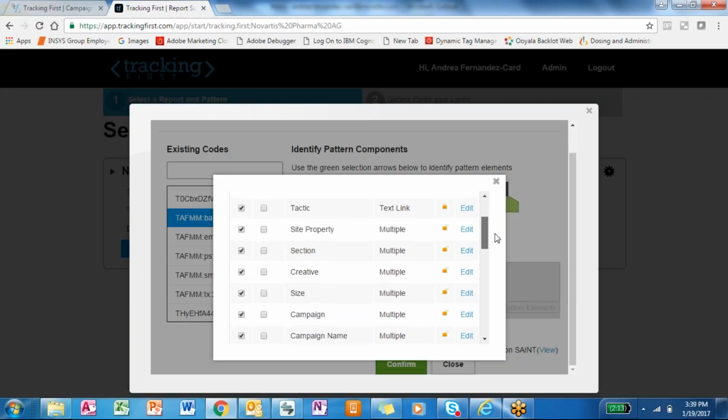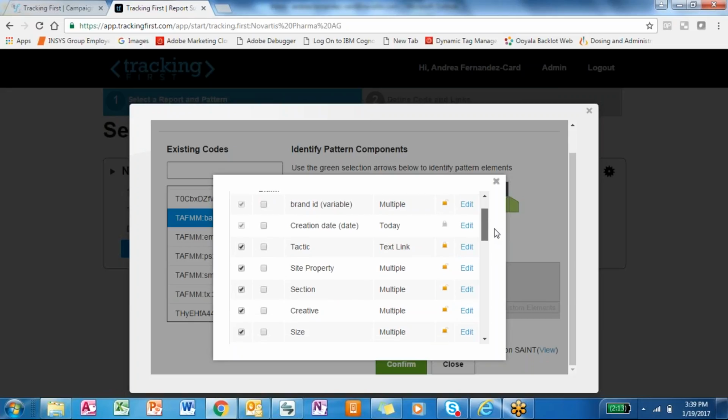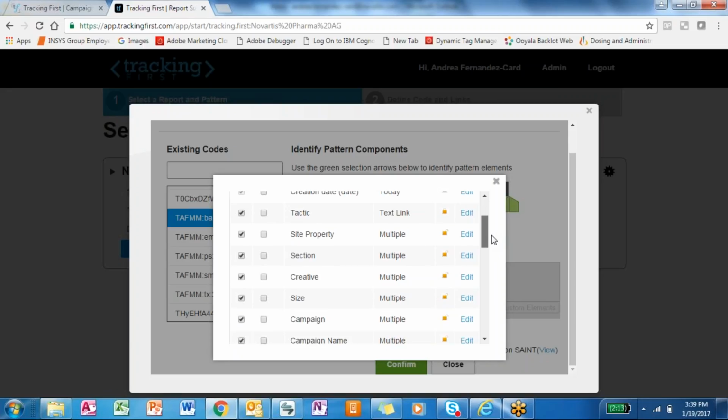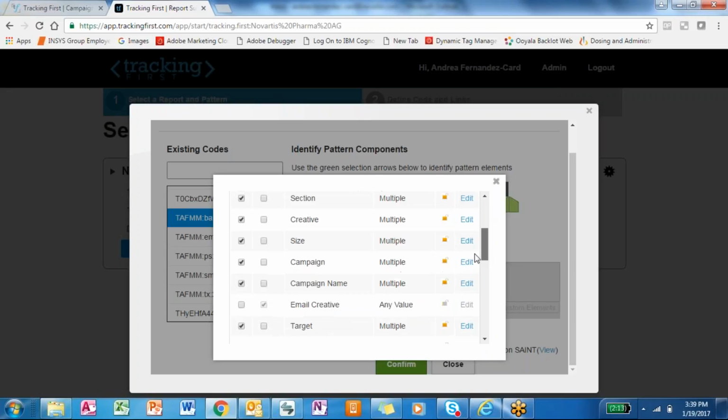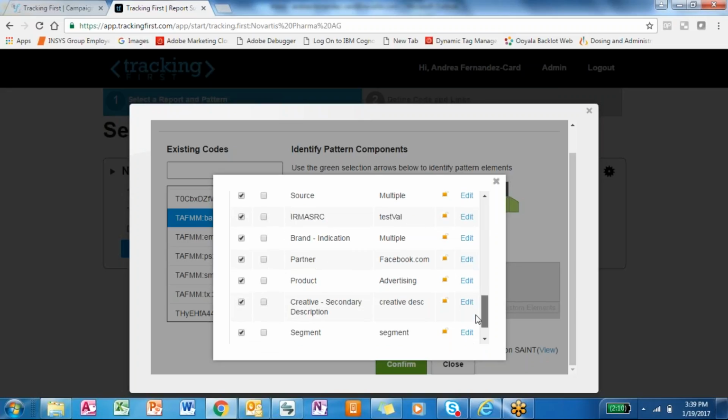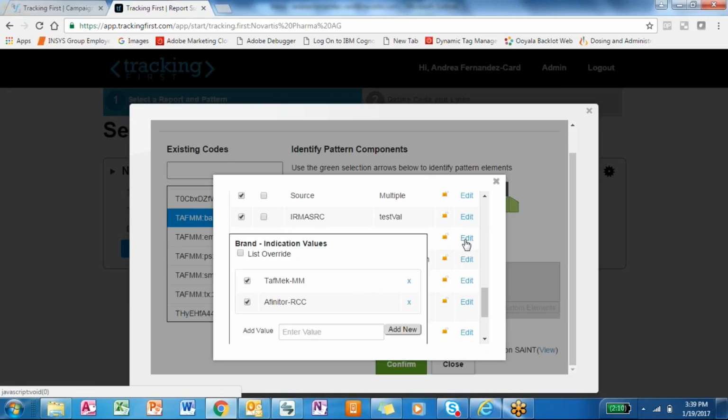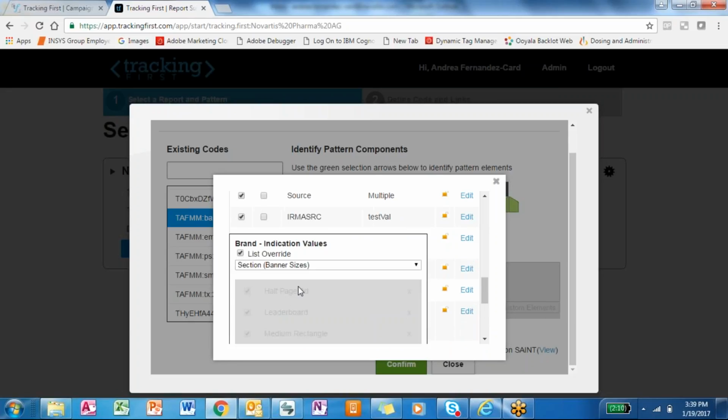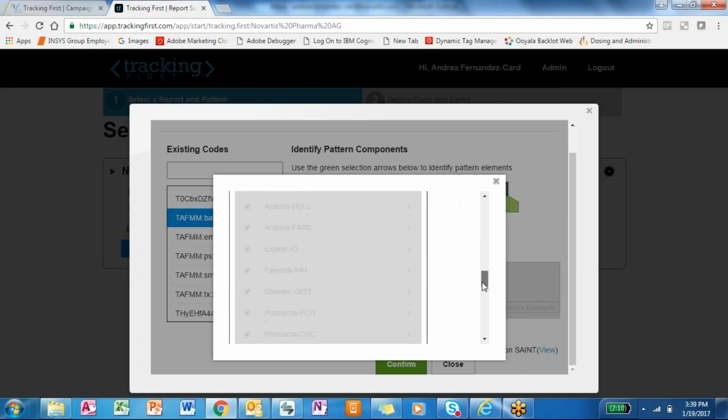I'm just looking at my instructions here. Let's go to topic. Oh no, to brand indication. Let's see, brand indication is at the very bottom. Yep, there it is. Edit that and choose list override. And now we have to select the right list. I made one called Brands Oncology. You see that? Yeah. Okay. And if you scroll down, yep, you've got it there. Now scroll down a little bit, and it's going to give you the whole long list. And if you say at the very end to save it,